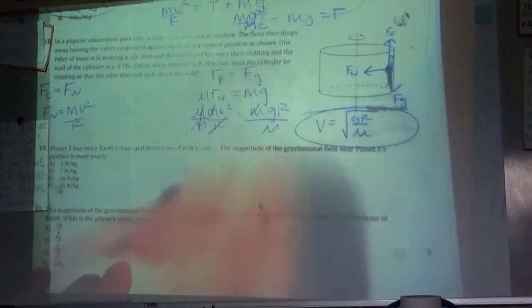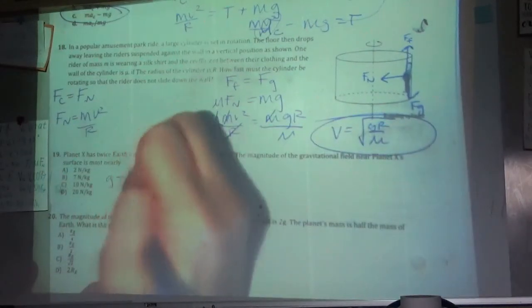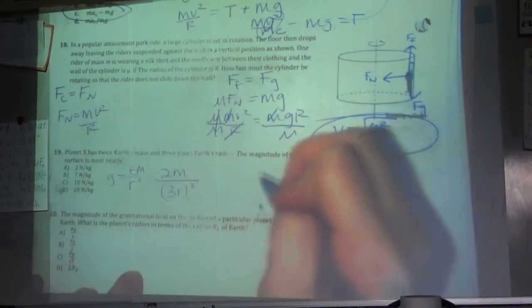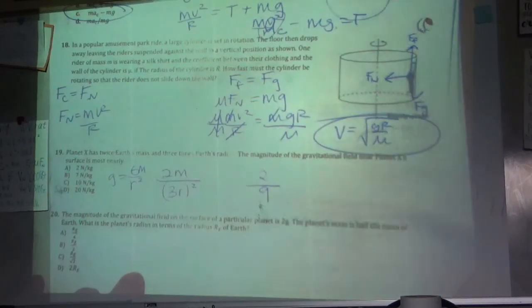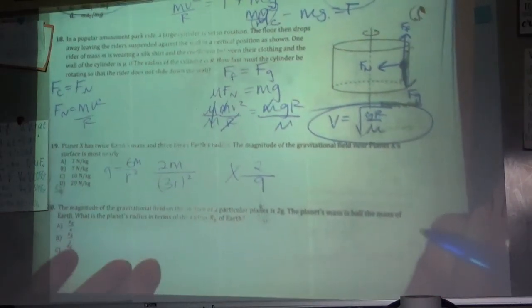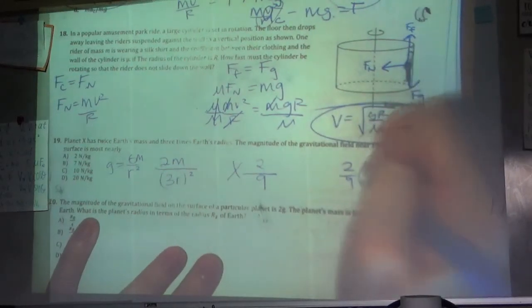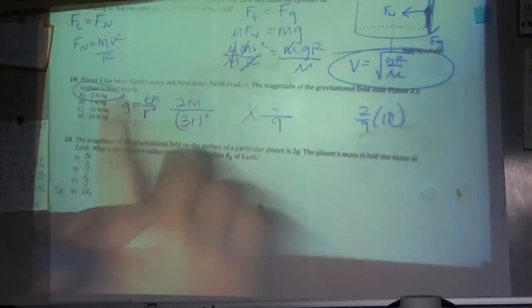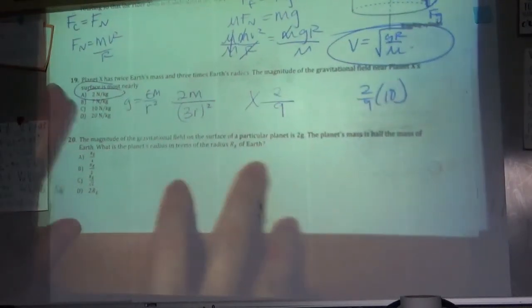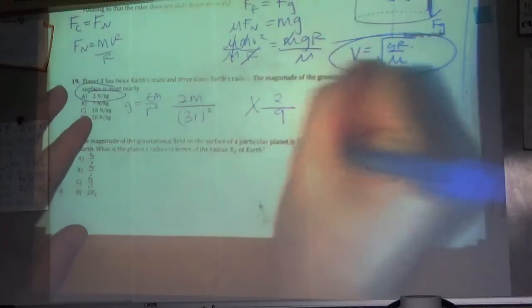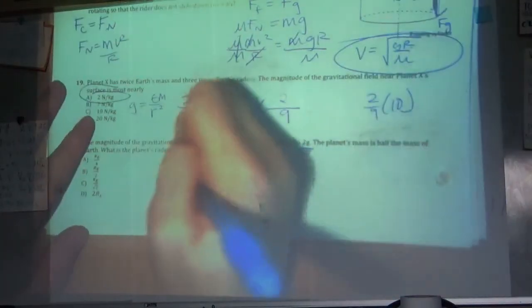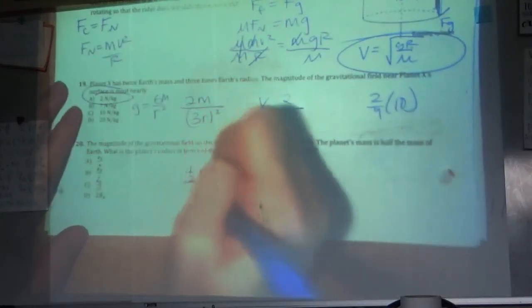Planet X has twice the Earth's mass and 3 times the Earth's radius. Because we're looking at gravitational field strength, GM over r squared, if I have a factor of 2 over 3 squared, that is 2/9 the gravitational field strength of the Earth. Well, the Earth's is 10, so 2/9 of 10 gives me roughly 2. So 2.222, close enough to be 2. Gravitational field strength is 2g. If it has half the mass, then what would you have to do to the radius in